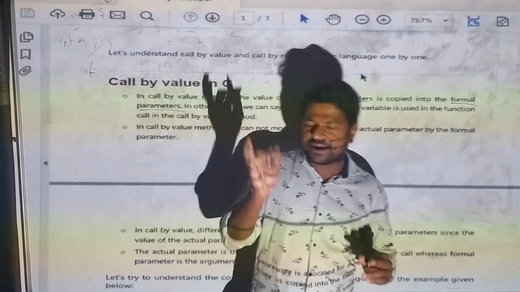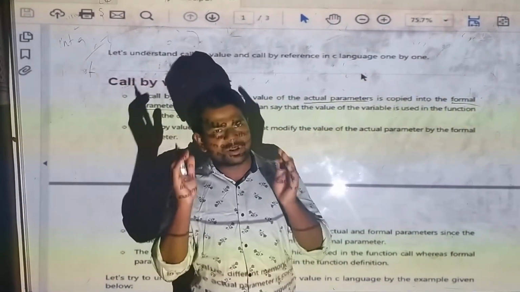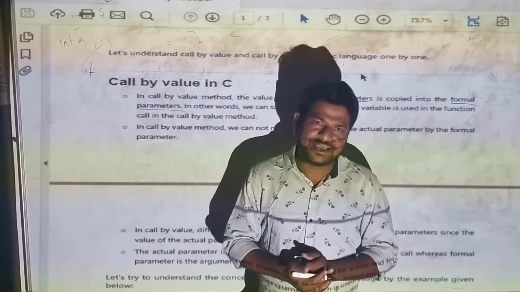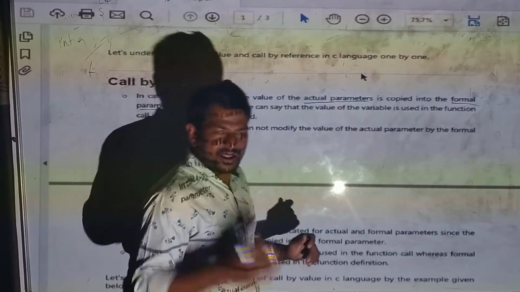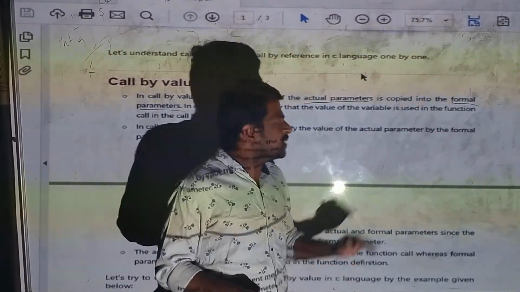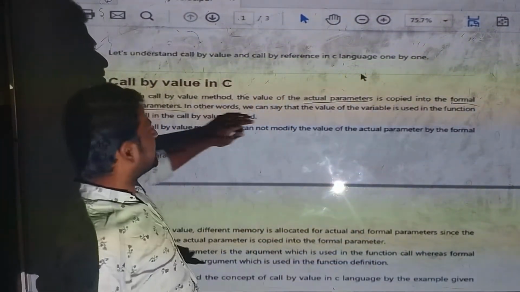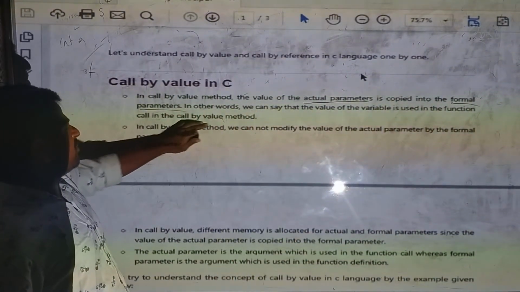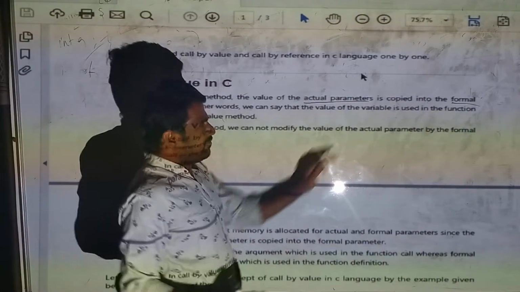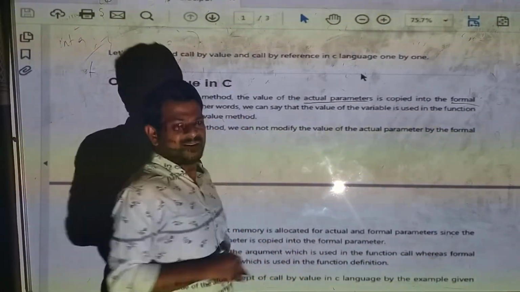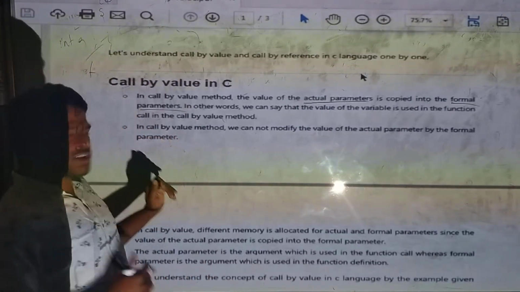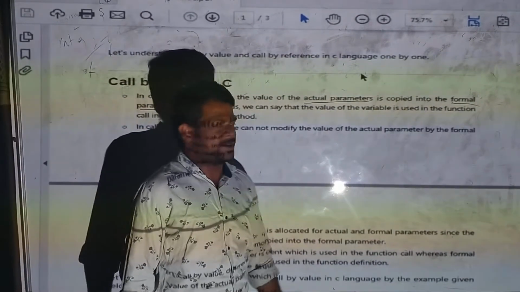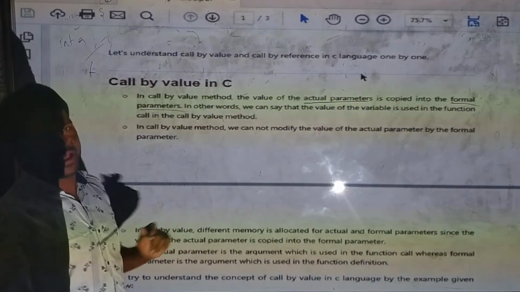For a function, whatever data type and variable we give within the open and close brackets, we call these parameters, or you can say arguments. In this method, the value of the variable will be used in the function call. So this is called call by value. In call by value, we cannot modify the value of the actual parameter by the formal parameter.